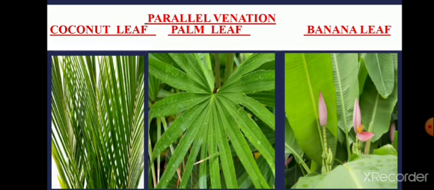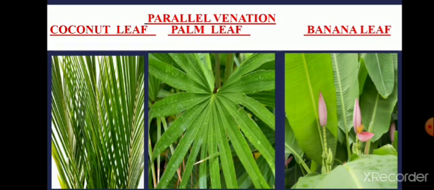This type of venation is seen in monocots, for example banana leaf, coconut leaf, wheat, and palm leaf, etc.